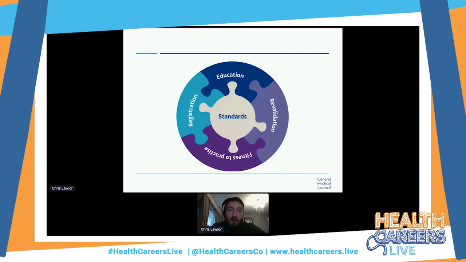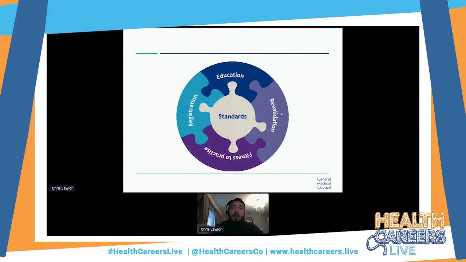Quite a large number, I think, but we recognise we need more doctors. If you've been into the NHS, if you've been on placements, if you work in the NHS, there are gaps in the rotas, and we recognise and are trying to increase the number of doctors on the register. We also have responsibility for revalidation, something that was introduced a number of years ago now, but doctors every 5 years have to revalidate and basically prove that you still have the skills and experience and the knowledge to retain a license to practice and work